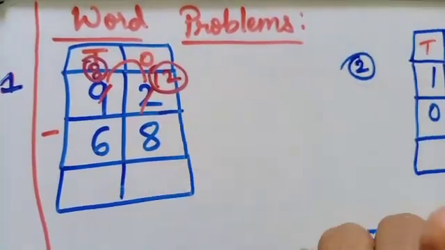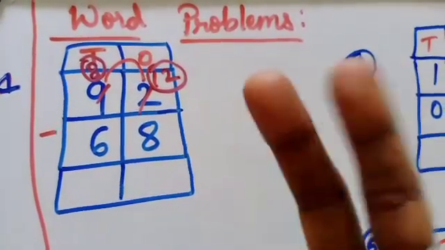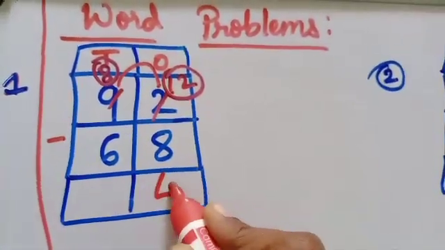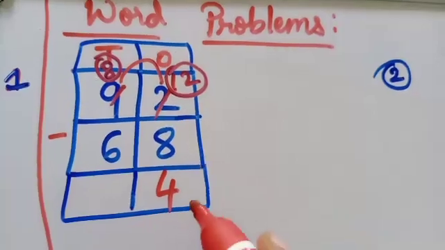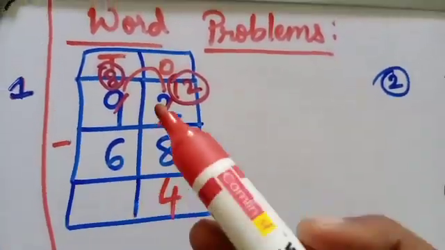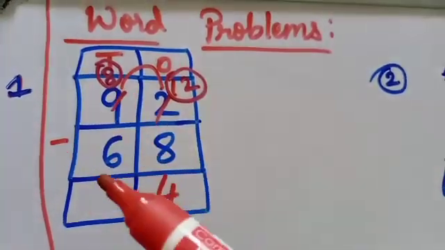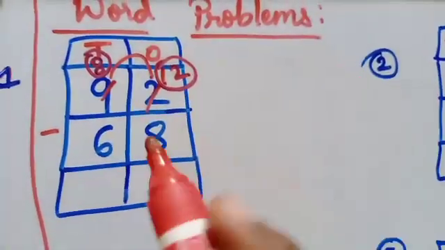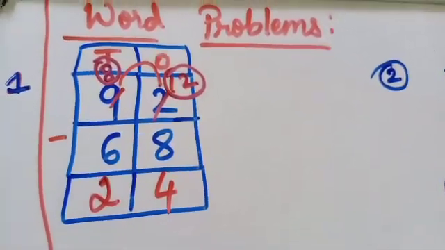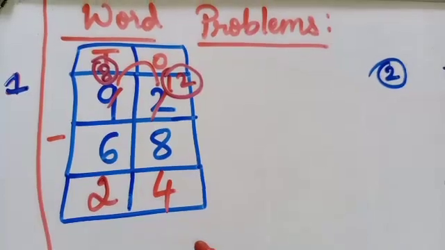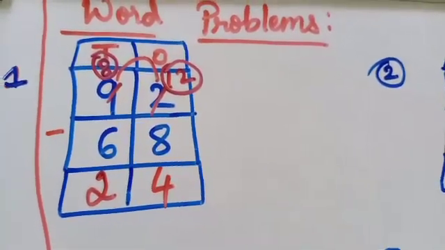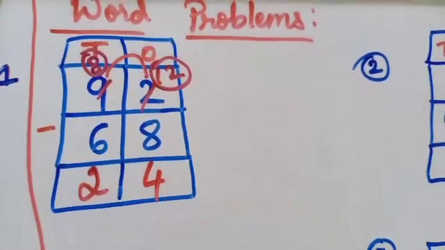So what is the answer we got? How much did we get, children? We got 4. The answer is 4. Now 8 minus 6. So from 6 you have to count the numbers till 8 comes. 6 after: 7, 8. So what answer did we get now? 2. So that means 24 is the answer. So Misha still has to read 24 pages to complete the book.